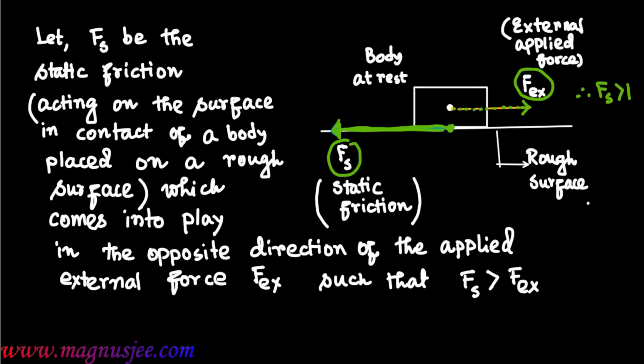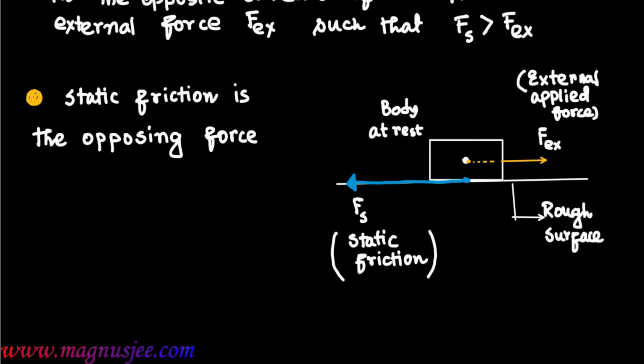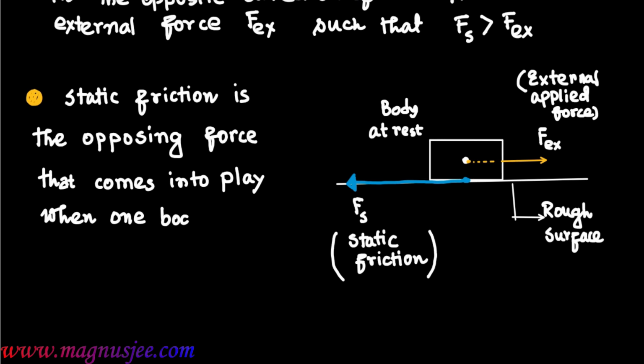In this case, Fs is greater than Fex, and the body will be at rest, and the actual motion has not yet started. So now we can write down the definition of static friction. Static friction is the opposing force that comes into play when one body tends to move over the surface of another,